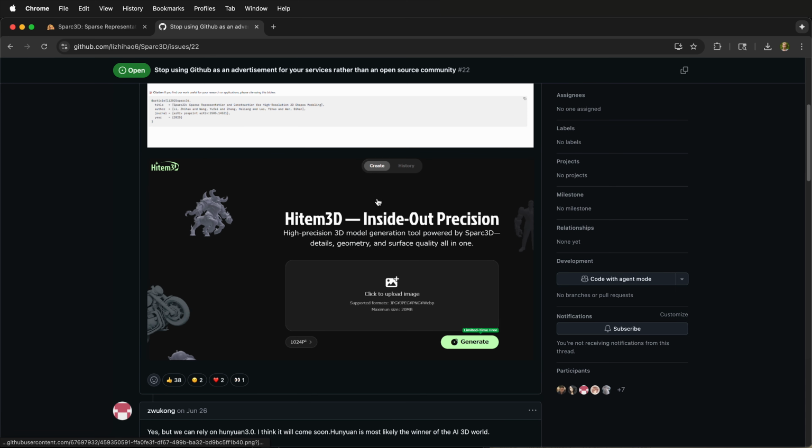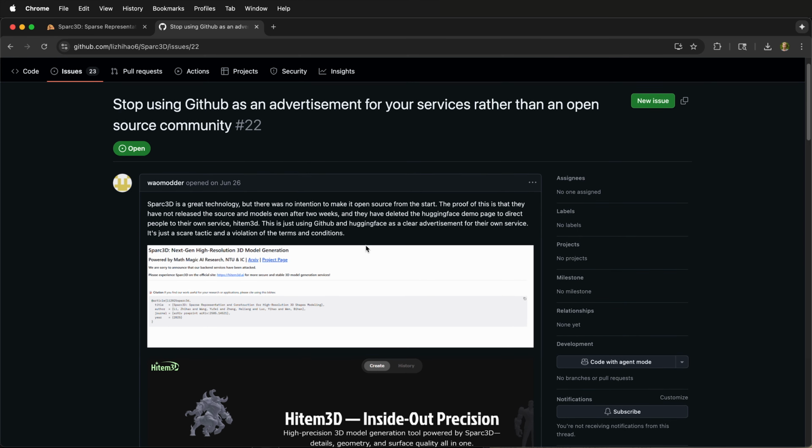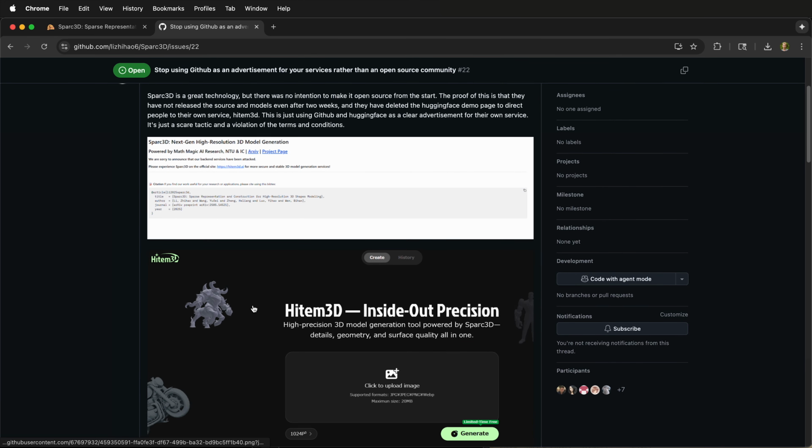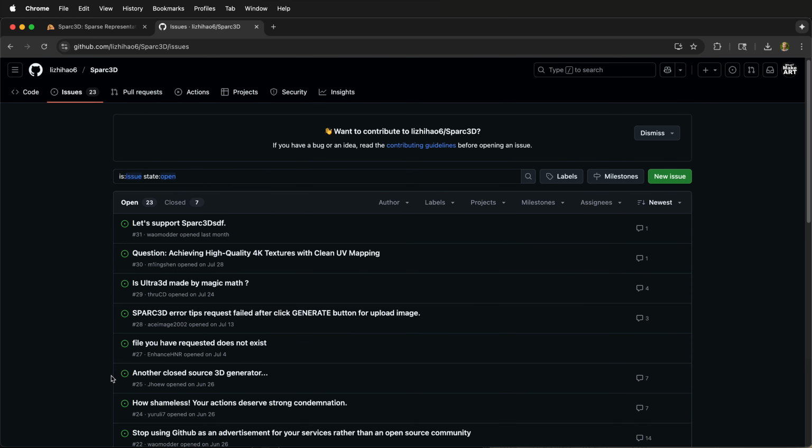As you can see here, Hitem3D is their commercial product. It is the same model. They are getting people to try it out and buy into the project with a seemingly promise to release the code, but that doesn't seem like it's going to happen. To be fair, even though they are using an iframe in Hugging Face, which is usually not the way things are done, they are giving free generations. And if you sign up to Hitem3D, you get 2 models with textures for free. While it's not the most egregious use of online services,